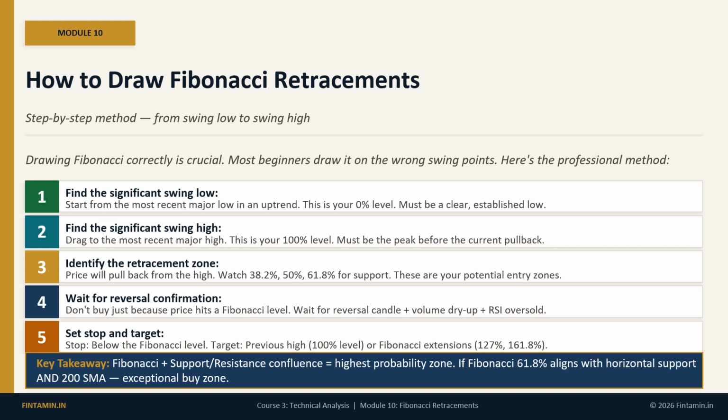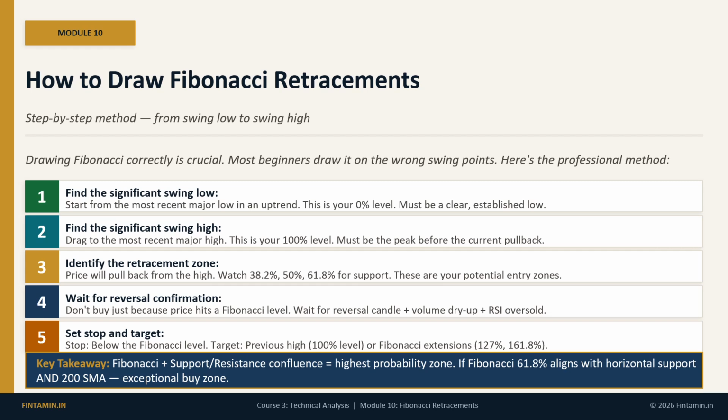For the best results, use these 5 steps. 1. Identify the clear swing low. 2. Identify the clear swing high. 3. Wait for the pullback. 4. Watch price at the 38.2%, 50%, and 61.8% levels. 5. Look for confirmation, like reversal candle, volume dry up, oversold RSI, or confluence with horizontal support or a moving